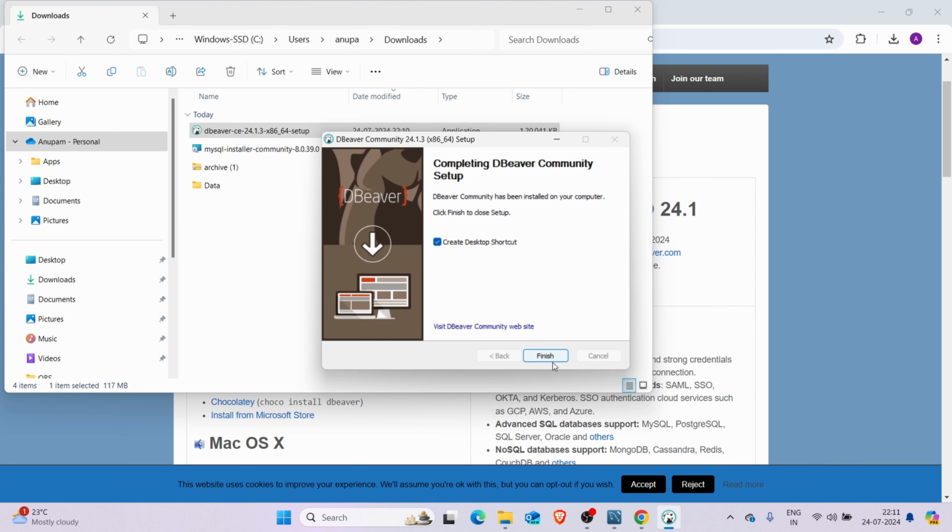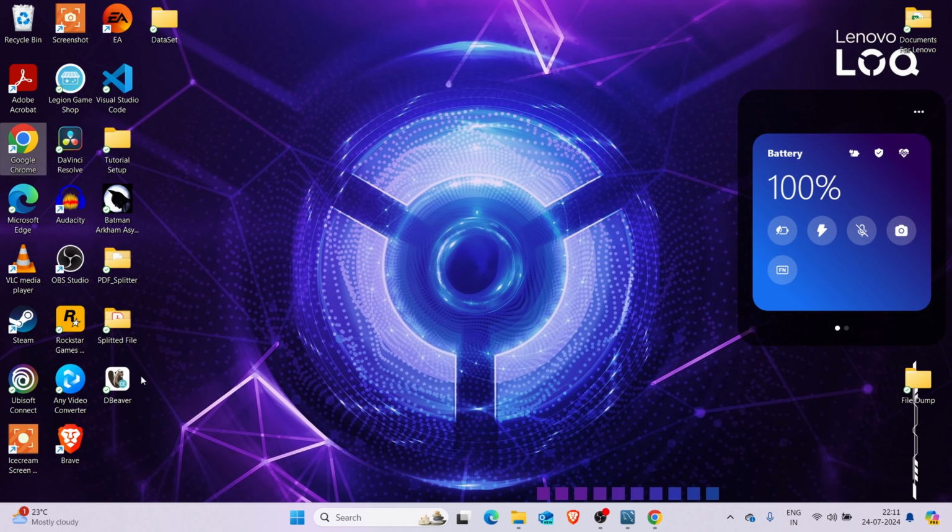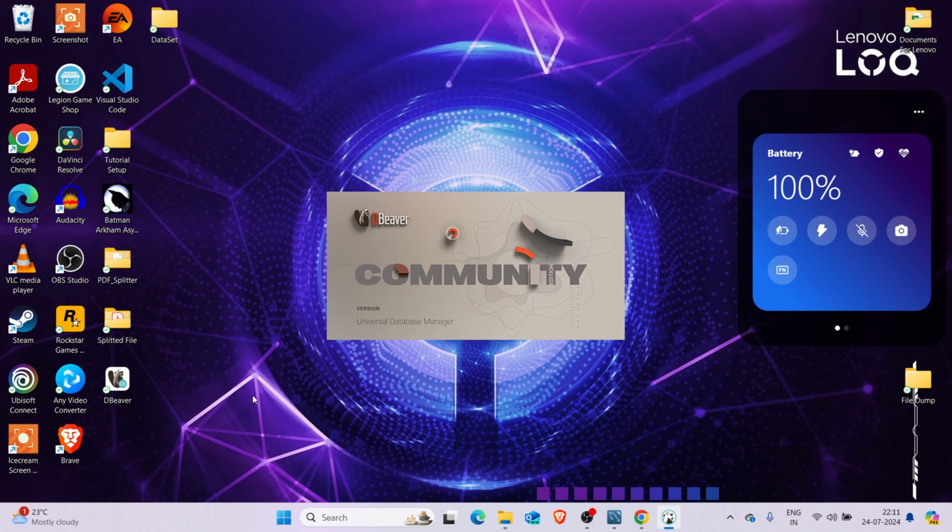Create a shortcut on desktop and then finish. Now if I go to the desktop and double click on this,